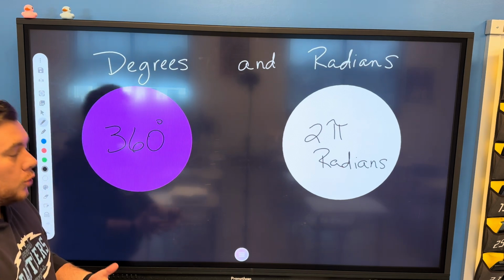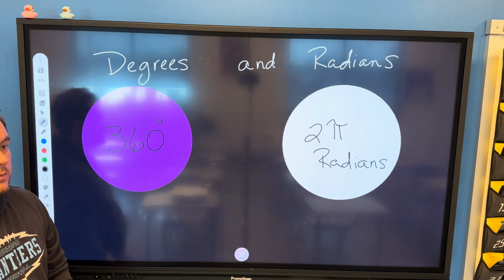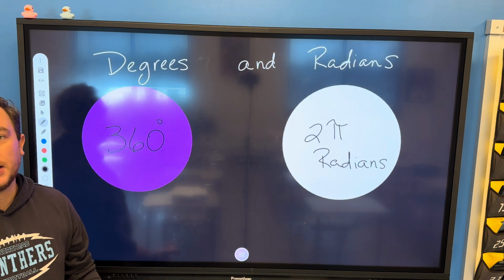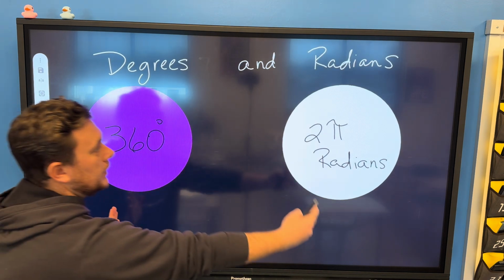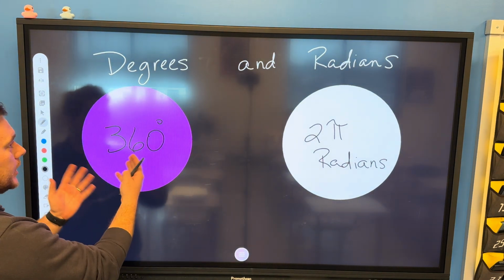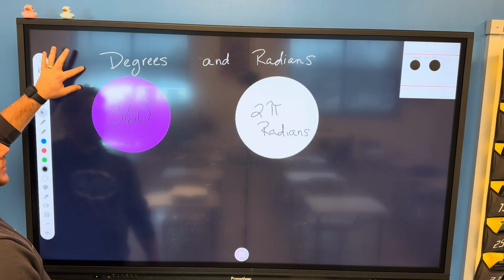Okay, those are equivalent to each other, right? It's 0 degrees Celsius, 32 degrees Fahrenheit. Same kind of thing, 2 different types of measurement, degree versus radian. So if 360 is 2 pi,